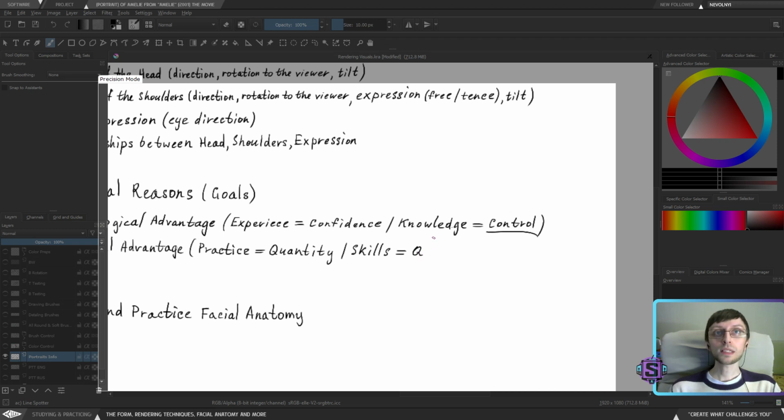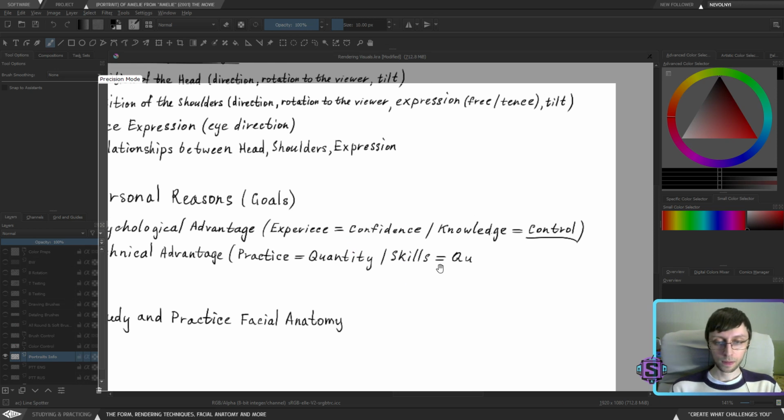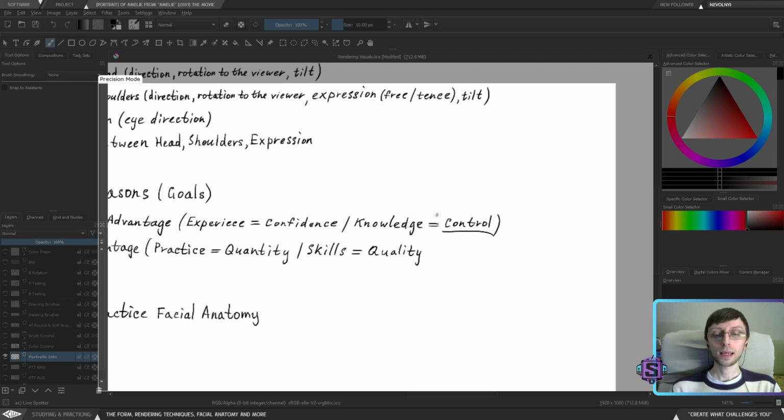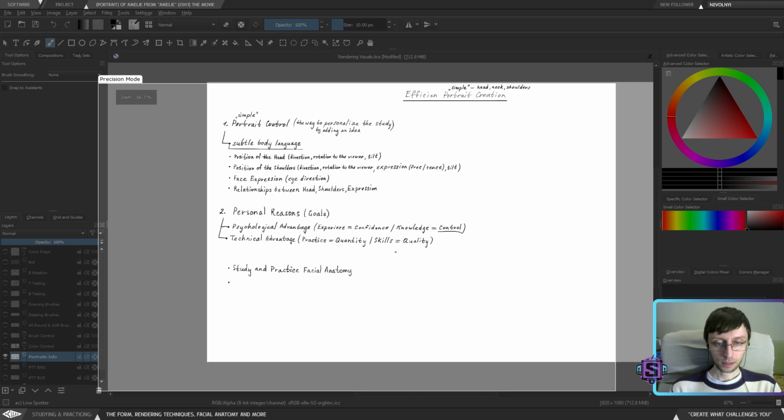By quality, I don't mean super awesome work in terms of the rendering. I mean the quality of the work that works with the whole knowledge that you know. If you have knowledge about storytelling, about composition, about design, not only the technical aspects like how to render and how to draw and how to paint, but how to actually control stuff. This is the overall skills. This is your way of knowing how to apply it. This is one of the things that we actually need to work on. So yeah, we'll get to that. So, and quality.